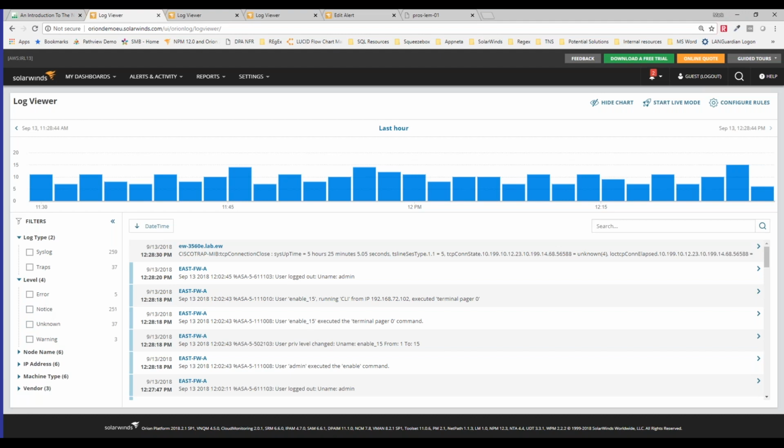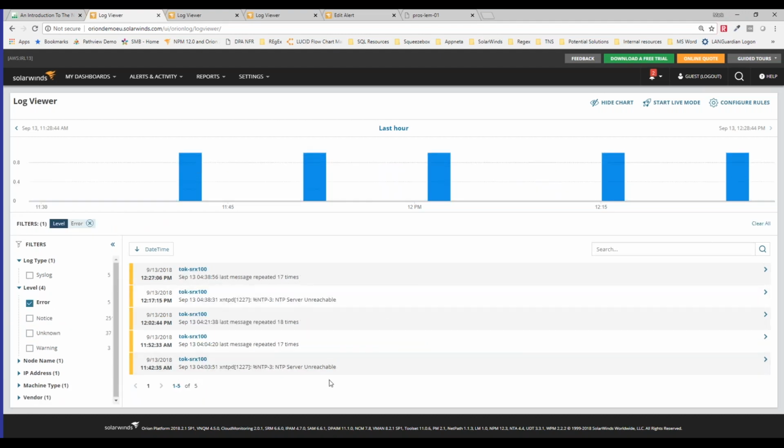So we can very quickly say, okay, I've got some error messages. Click on that and immediately get taken to a display with a filtered view